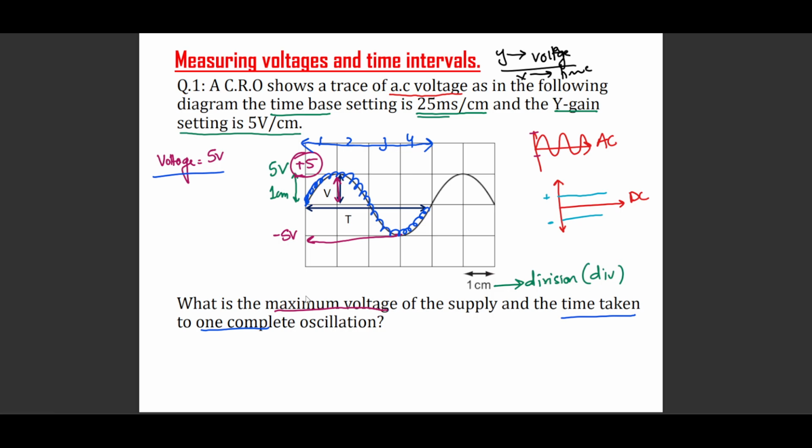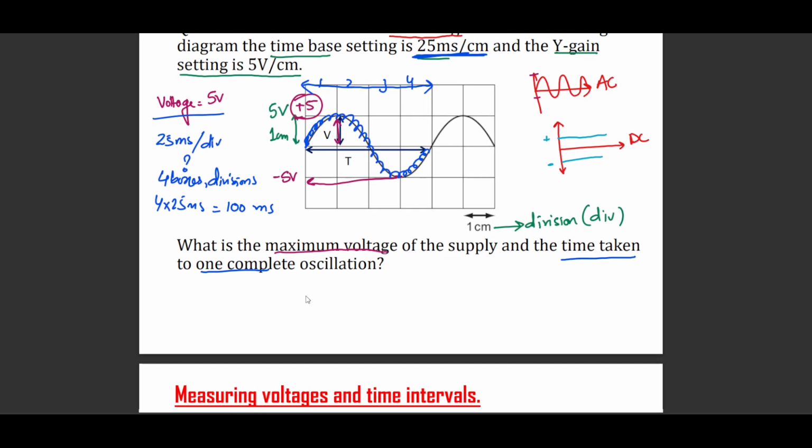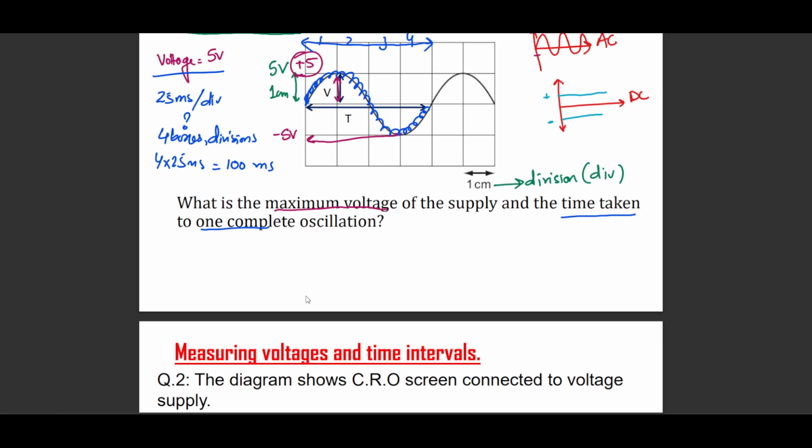So we know that one box or 1 centimeter represents 25 milliseconds. So 25 milliseconds for one division. Then how much time is required for 4 boxes or 4 divisions, right? So we can very easily calculate that. 4 multiplied by 25 milliseconds, that would be 100 milliseconds, right? So now if we want to find out the frequency, which is not asked in the question,